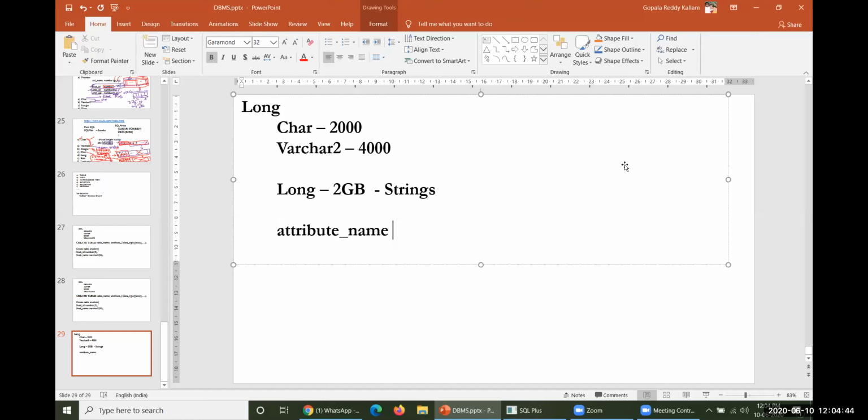So followed by long will be the declaration something like this. As and when you have to create any kind of table, you have to specify your attribute name followed by long. There must not be any size here. Size cannot be taken into consideration here, as with number, character and varchar2; size cannot be there.